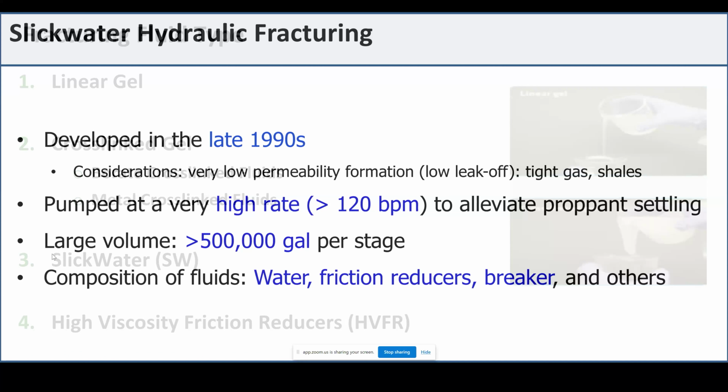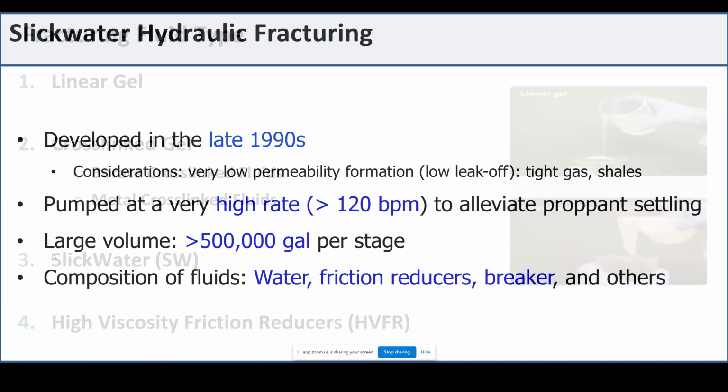You are talking about really high pumping rate, up to 120 barrels per minute. Usually for conventional frac treatment, we are talking about rates of 35, up to 50, can go to 55 as the normal upper limit. But in shale, it's easy to go to 100 barrels, 120 barrels per minute. And the high rate will allow you to have good carrying for the proppant and place it inside